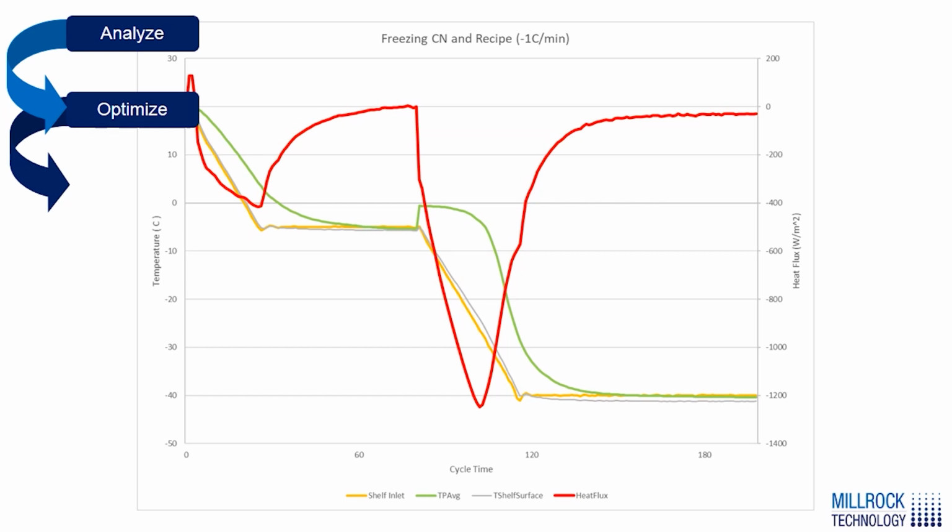So here, when we've used controlled nucleation, we can take a look at the data results we've gotten from the freezing phase of using controlled nucleation. Here we can say, by looking at the green average product temperature, that we have one single large spike, which means all the vials with thermocouples are nucleating at the same exact time and at the same exact supercooling temperature. And again, we see one sharp spike in the heat flux, but then it is still followed by that deep